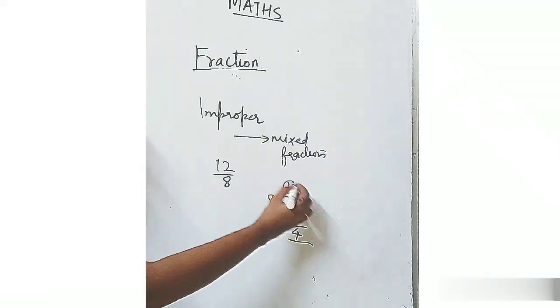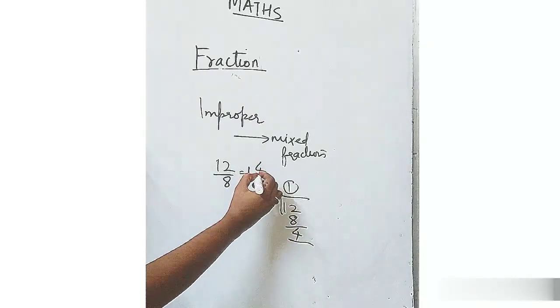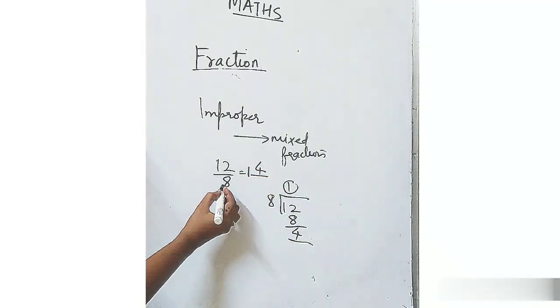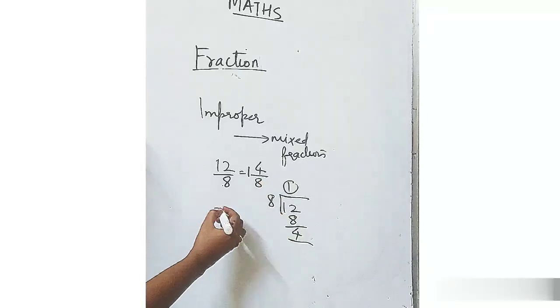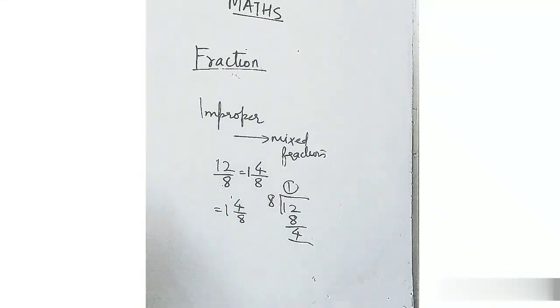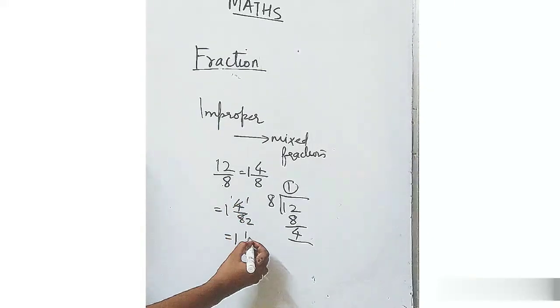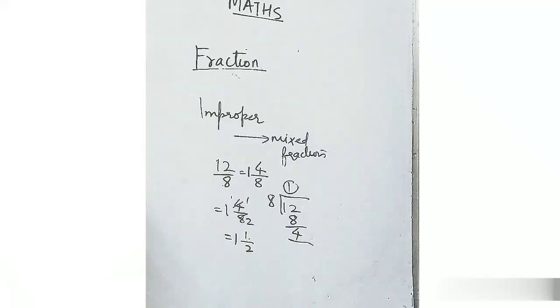So I'll write the quotient here. After that I'll put the remainder. Here upon what is the denominator? 8. Now you will observe, can I simplify this part? Because 4 and 8 come in the 4 table. So I'll simplify. 4 ones are 4, 4 twos are 8. So I can write this as 1 upon 2. This we have to simplify, students. Always remember. So this is about improper fraction to mixed fraction. I hope it is very simple, very easy, students.